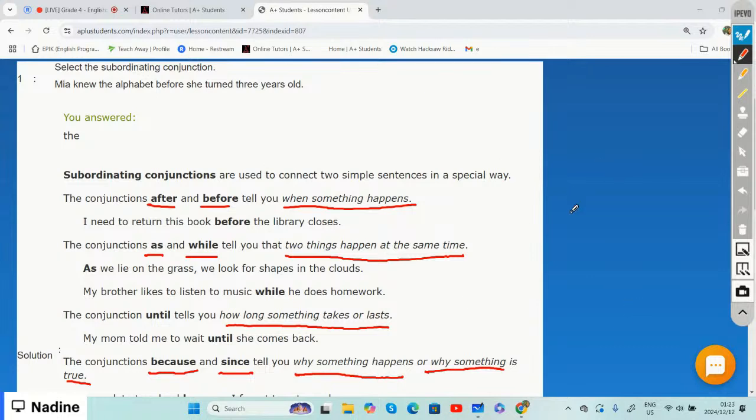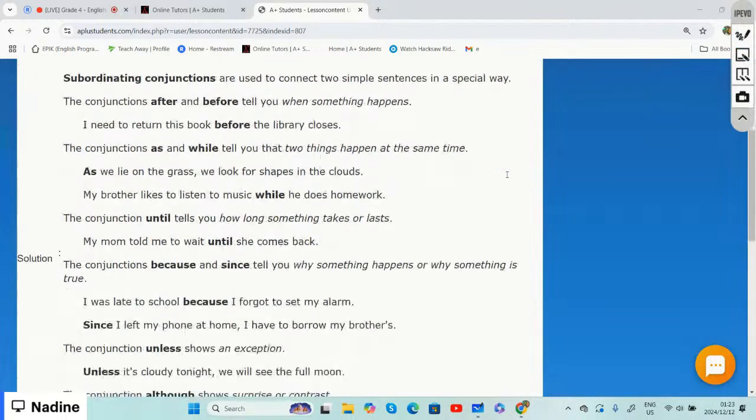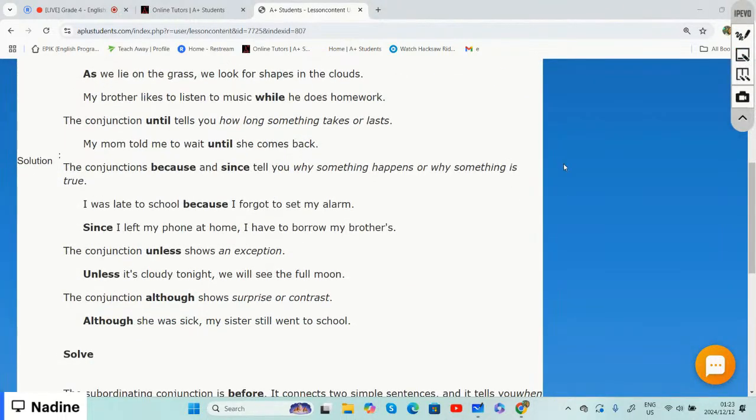All right. So now we're going to look at a few activities before we go on to our test. Oh, before we go on to activities,